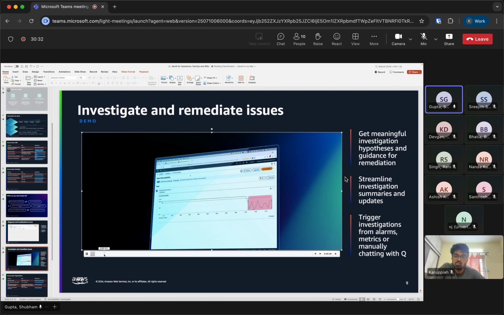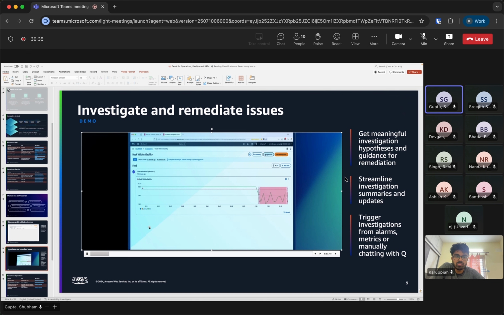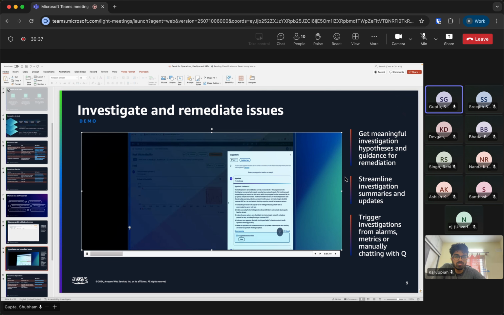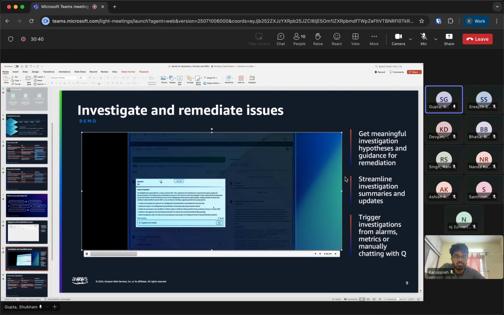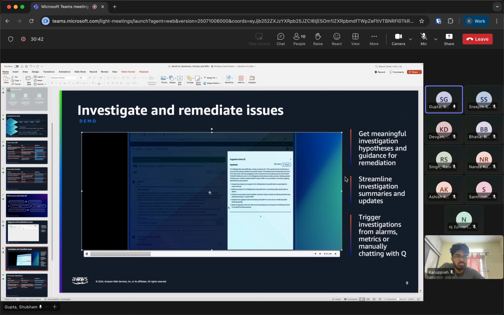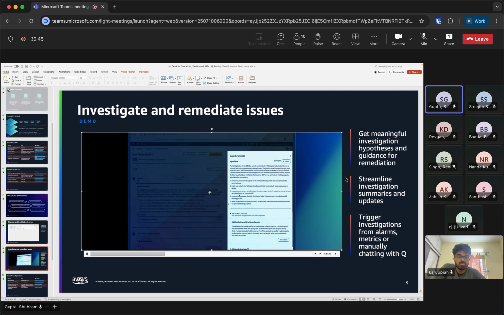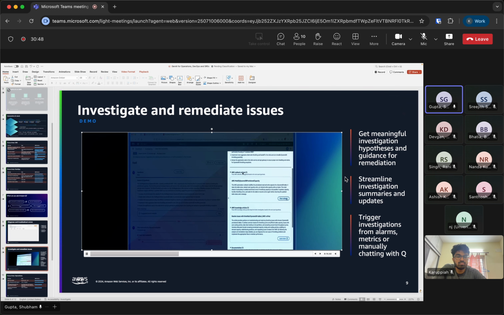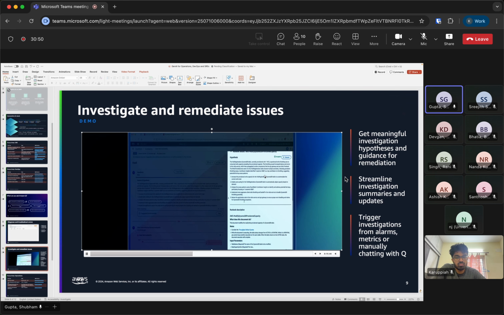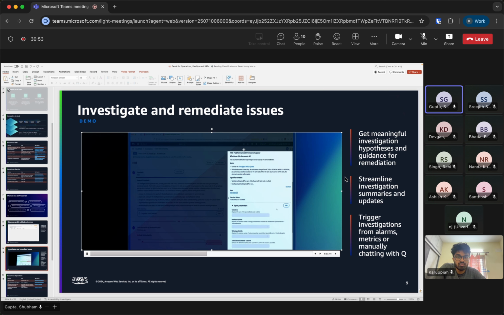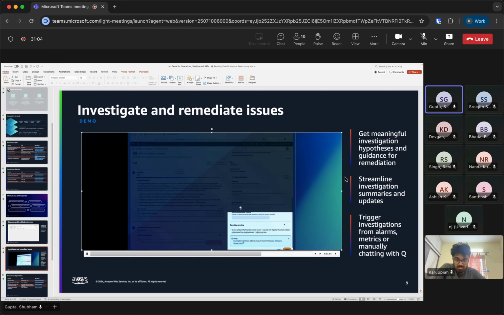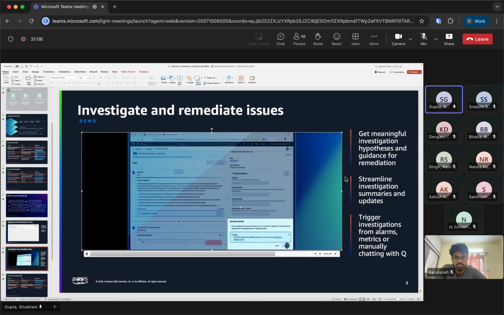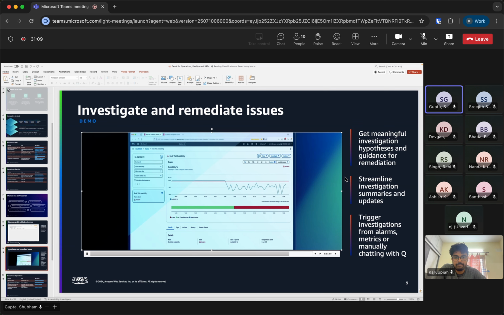Similarly, there is investigate and remediate issues. Even if you're not creating agents, AWS is creating agents in many of these services and integrating them. Under CloudWatch investigations, you get the service. You have some alarms created in CloudWatch. If they go off, by default you can leverage this investigation service. You can see the hypothesis, what could be the issues. You also get some runbooks by default, which you can directly see and execute to remediate some of these common issues. This is something that you should definitely explore, and it can help you accelerate some of the things that you're already doing.